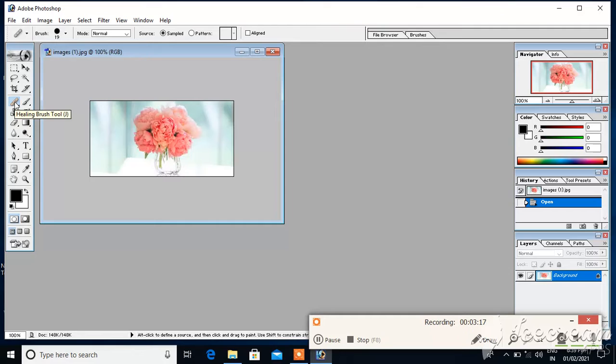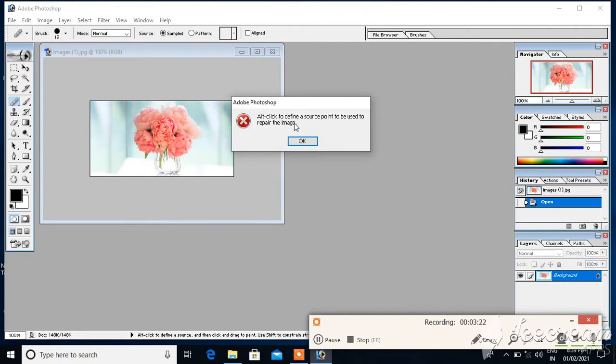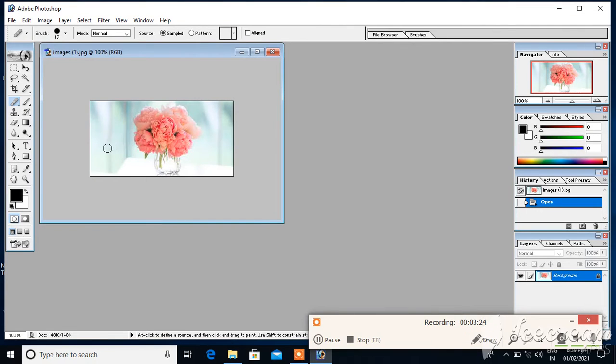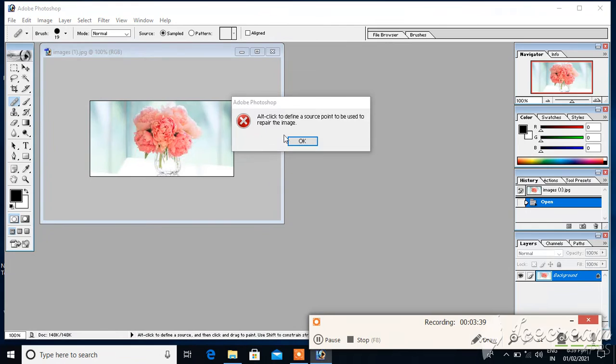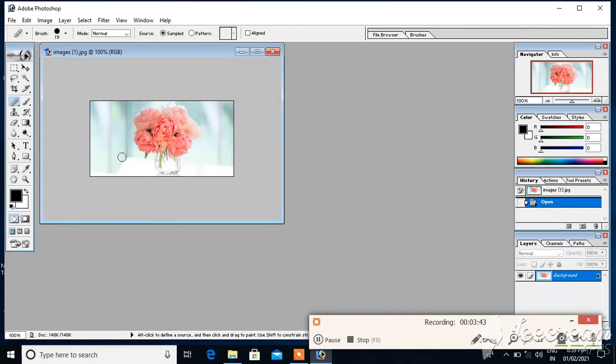Just click on the healing brush tool, then press the Alt key and select the background. I selected the left hand side background with the Alt key and mouse. Just release the mouse. Just select it properly.